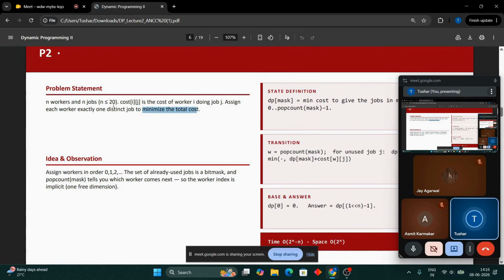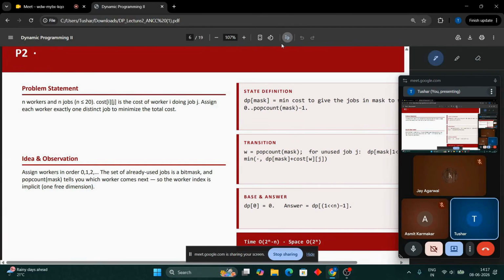So basically, since the number of workers and the number of jobs are very small, if we have processed i workers, we would have obviously distributed i jobs. If we know which jobs have already been distributed, then for the next person we can choose one of the remaining jobs. So our state can be that